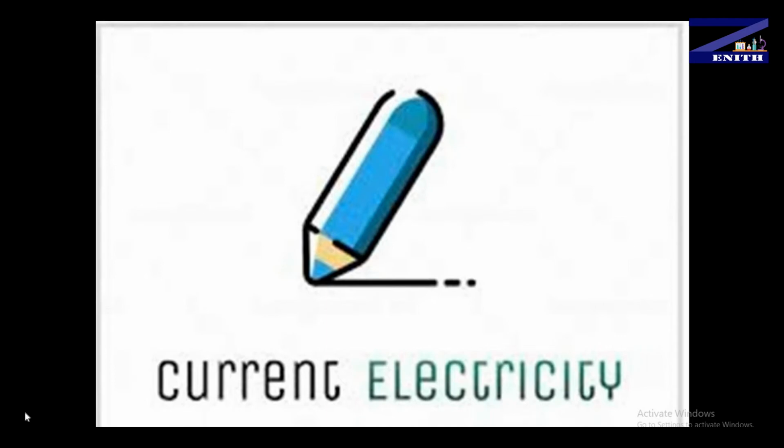In the last video we discussed the flow of charges in the absence of electric field, then in the presence of electric field, and then we saw what the drift velocity is. These are the topics that we went through in the last video. If you didn't go through it, then please go through it. The link is given in the description. Now let's start the video.